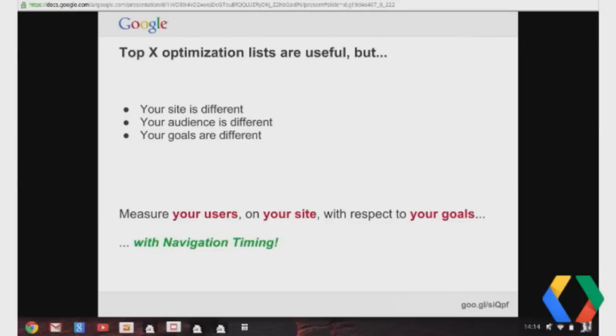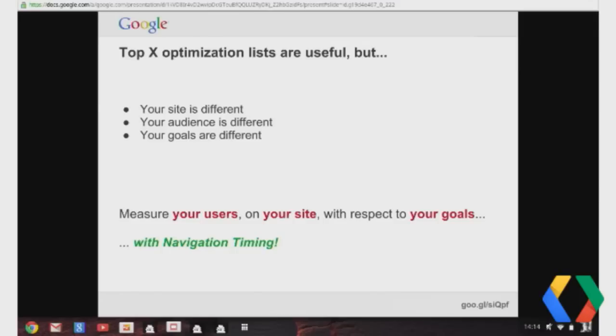And the reason I think this is important and why RUM, or real user measurement, is important is it's great to read the latest in terms of top 10 things you should do to optimize your site, or the top 10 performance improvements. But frankly, your site is different, your audience may be different, and your goals may be different, right? It may not actually matter to you.